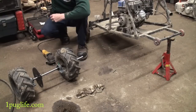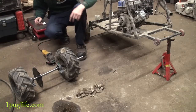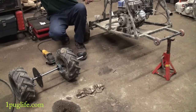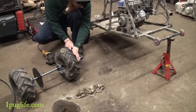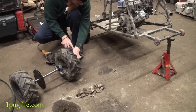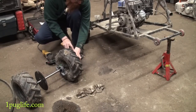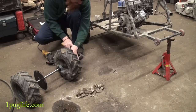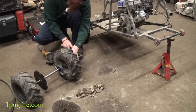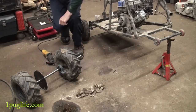Oh, fuck. Just dickered it. Oh wait, don't get too carried away with the file on this shaft, eh? Oh goodness. Very, very hard shaft. And I even got a